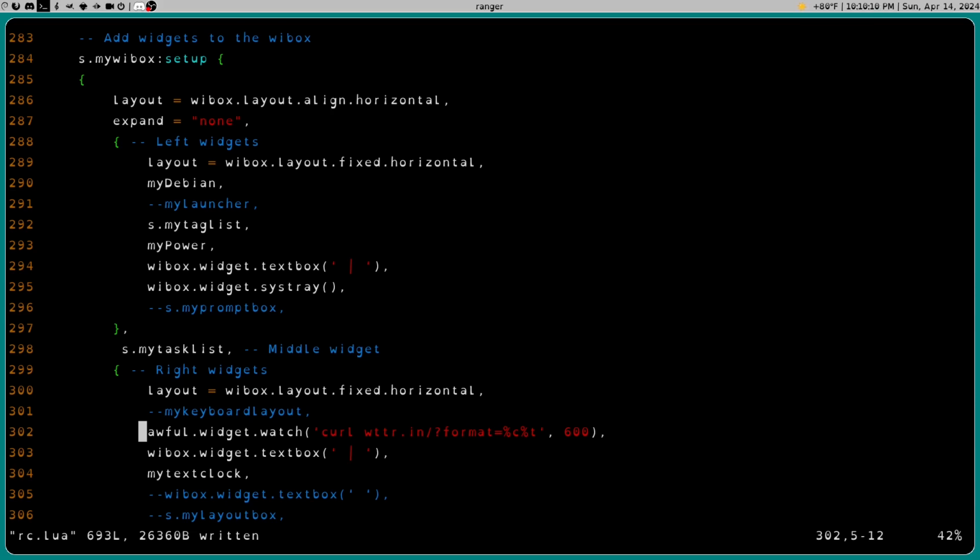And we want to put this at an interval of 600 seconds. In other words, it's going to update us every 10 minutes on the current state of the temperature outside. And we're going to format it. The way that we're going to format it is within the link. So what we'll put is wttr.in/?format=%c%t. And what this does is tell curl to pull information about our current location's weather